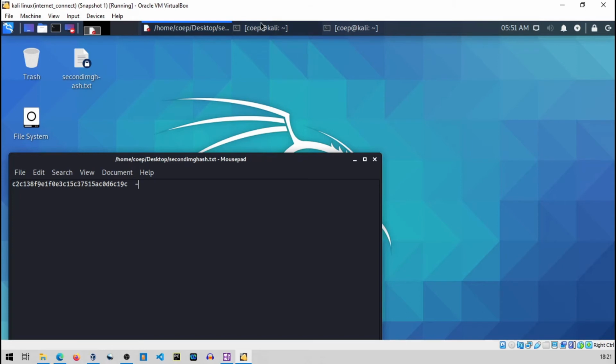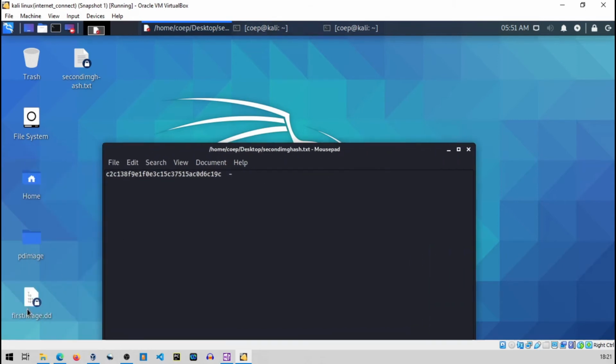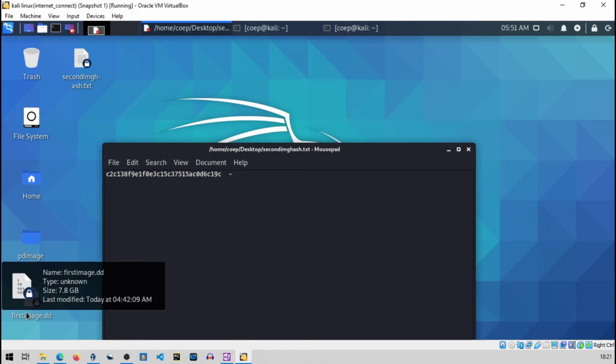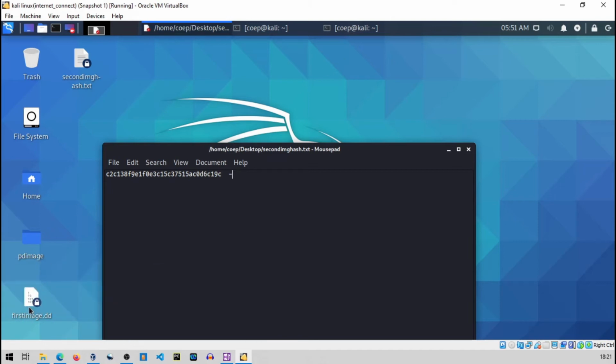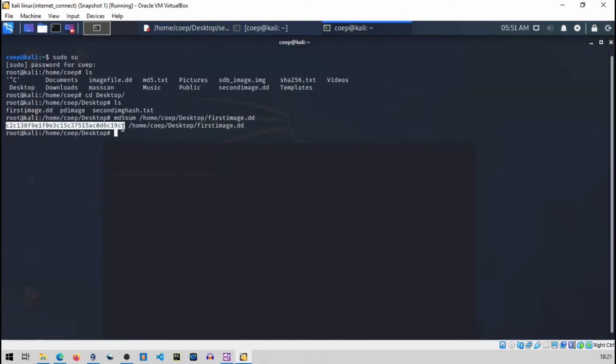Now I will compare this with the previous one. This is the first command we executed, and we got this disk image file, first image dot dd, and we also calculated the hash of this image in the terminal. So this is the hash of the first image, and it should match the second calculated hash.